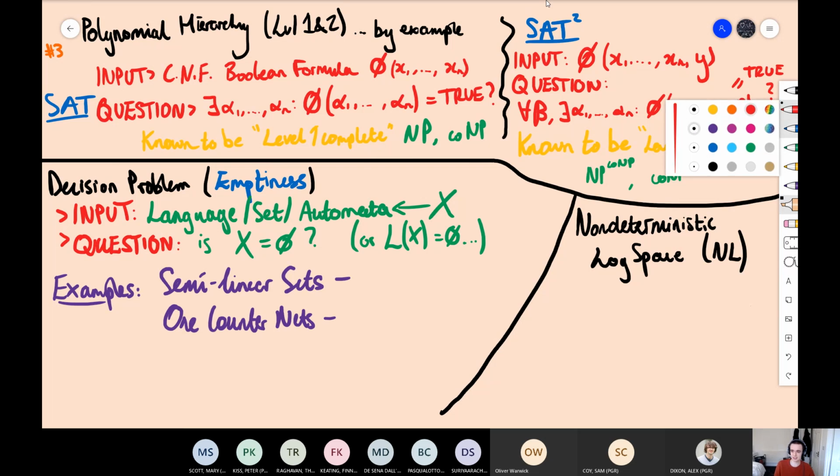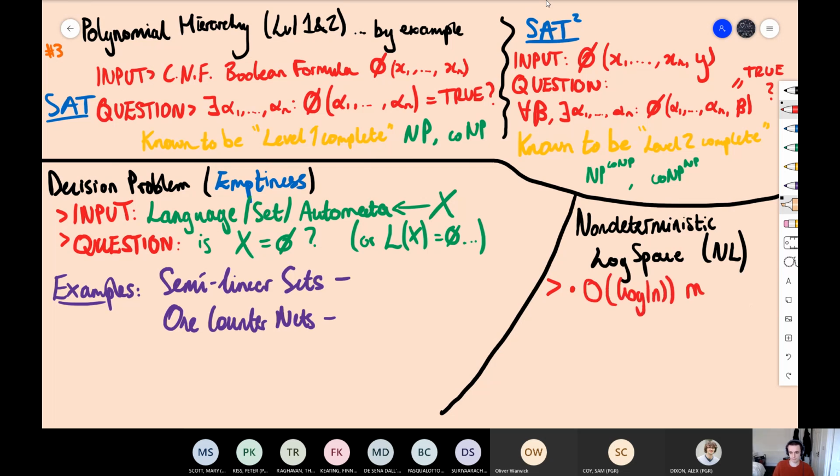And then log space, let's quickly do log space. So non-deterministic log space is what it says on the tin, but there's a little bit of detail. You're allowed non-determinism and you have log space. So you have O(log n) memory, fine. You have a bonus read-only input tape, because if you're given an input which is linear in length, then you've got to be able to read the input to solve a problem, at least normally. So we have this extra read tape.